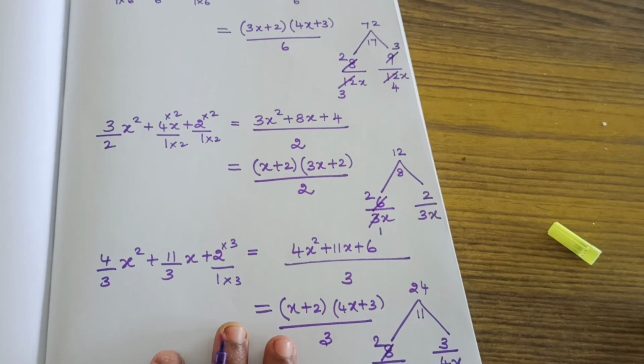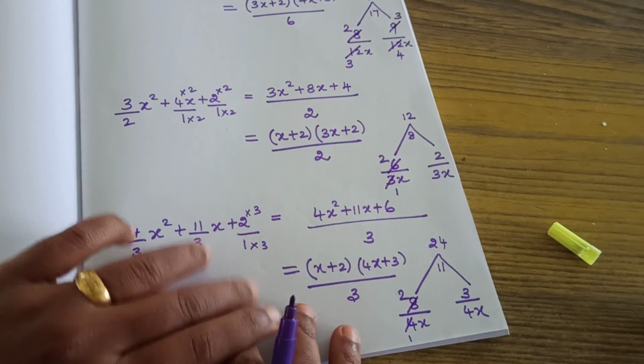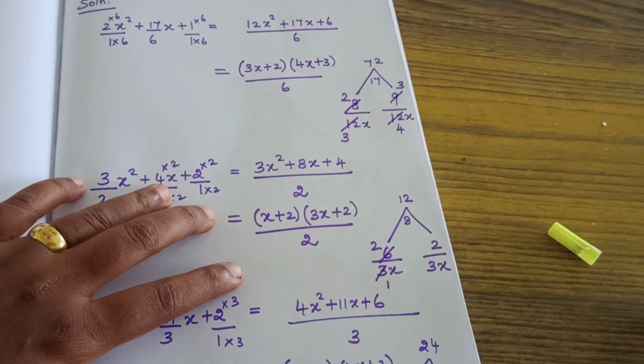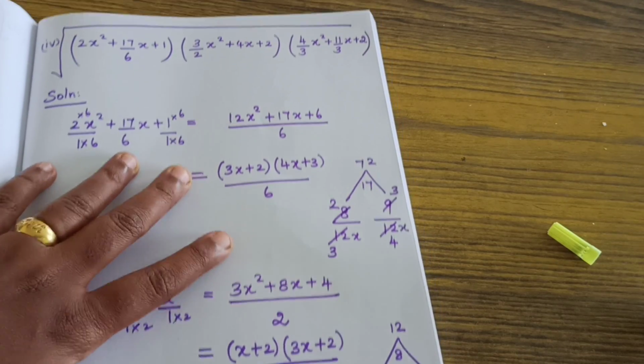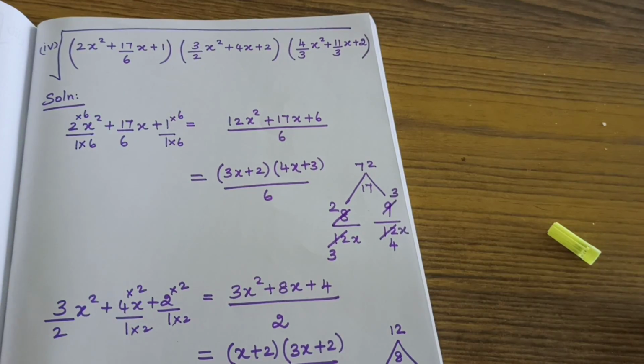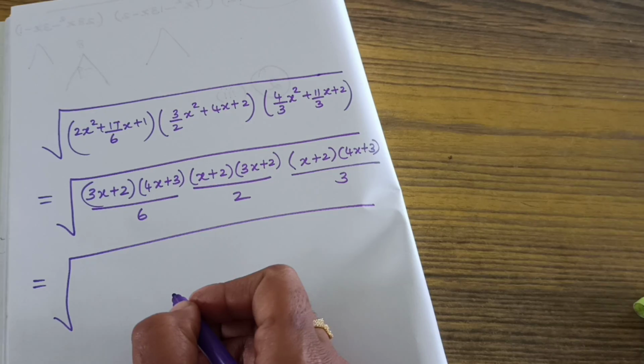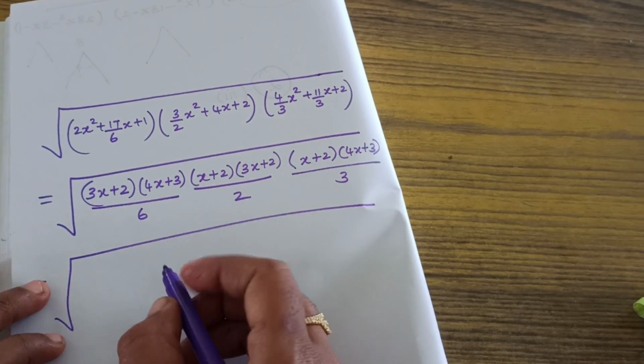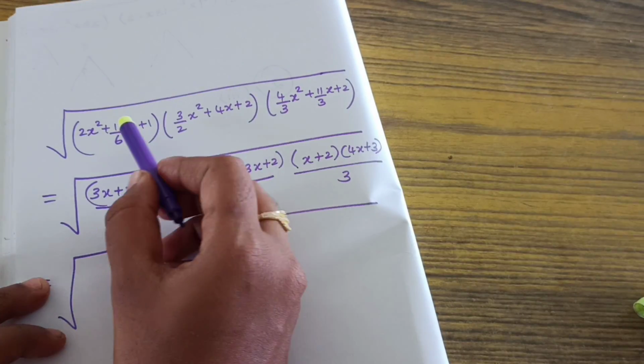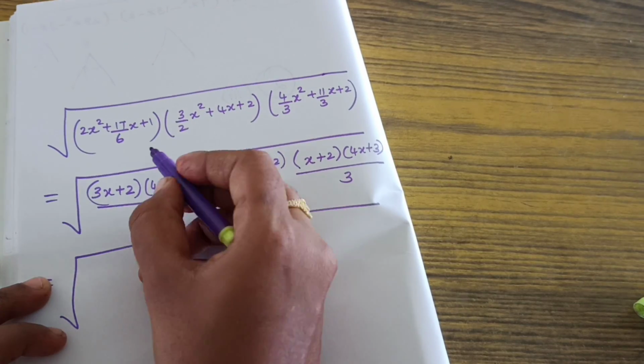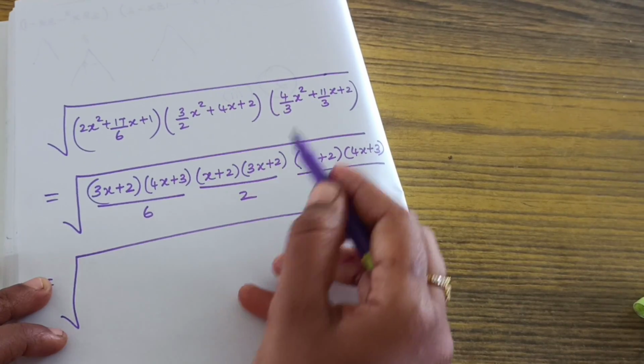Shall we solve this? We found the answers. Each term we split it like this. This term and also finally this term also. Then we are going to find the square root of this. Shall we proceed now? Okay, listen dear students. Here square root of, this is the question and we split it now. The terms I wrote here.